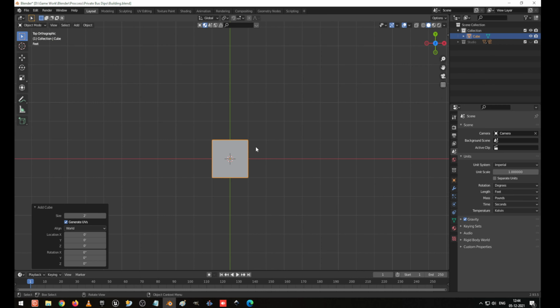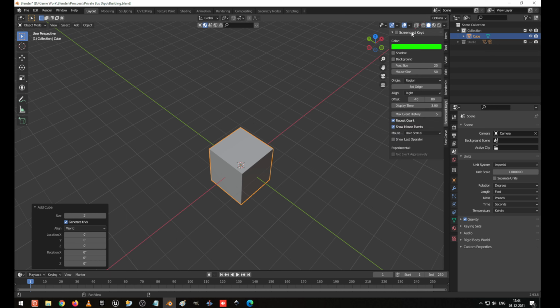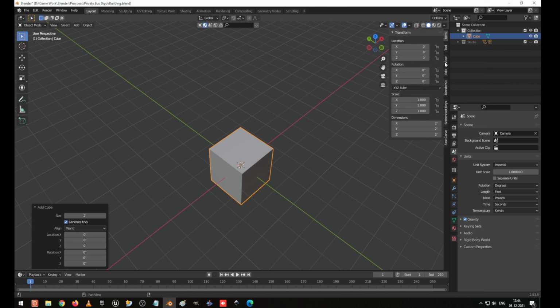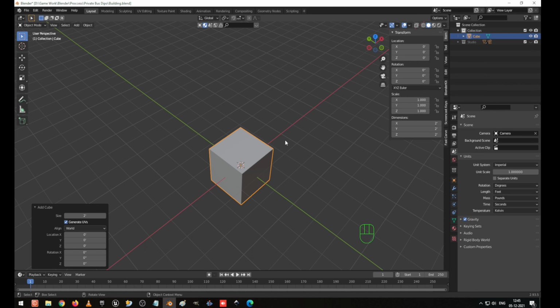Now in this we are going to create a wall. So I go to the top view. No, this view is okay. I press N on the keyboard and I go to the Item tab. Here you can see it's in feet, 2 feet.